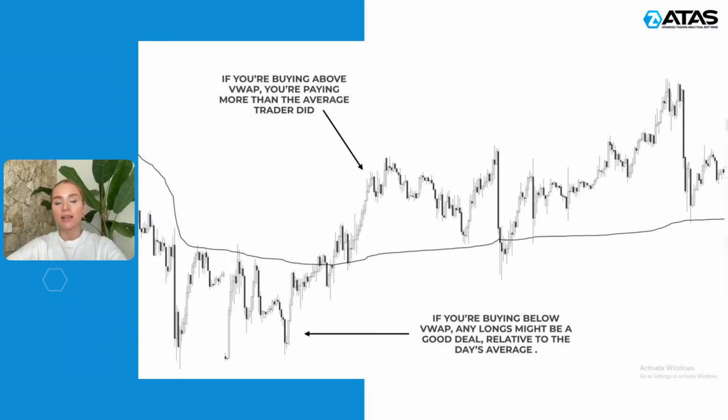Traders use VWAP as a reference point, where price above VWAP means a bullish bias, but very carefully, because you do not want to pay much higher than the average person did. Whereas below VWAP is a bearish bias, generally speaking, but also you don't want to be selling at a much lower price than the average seller sold this specific asset at. So VWAP is especially popular with day traders and institutional traders alike,